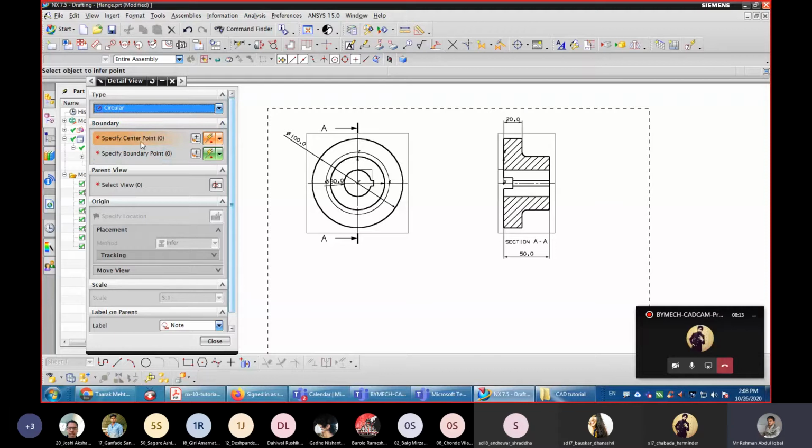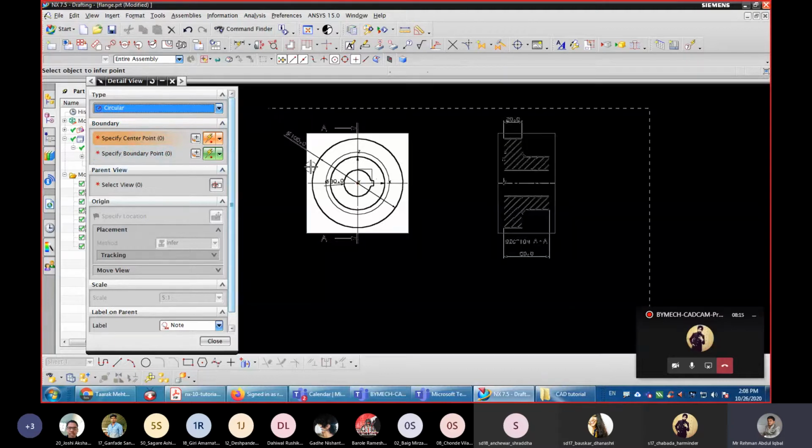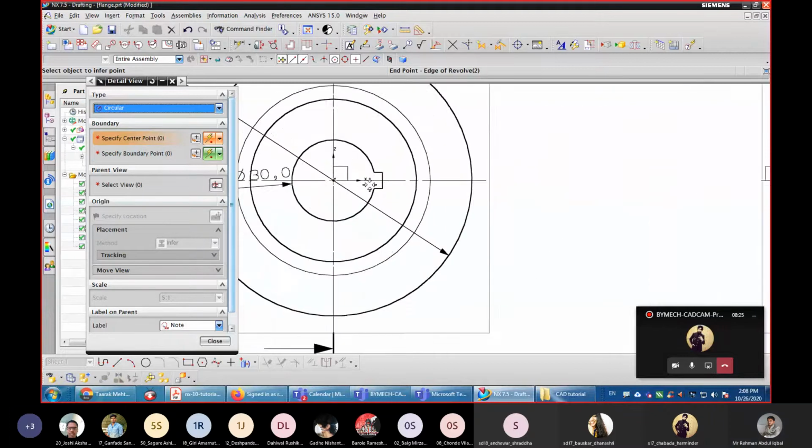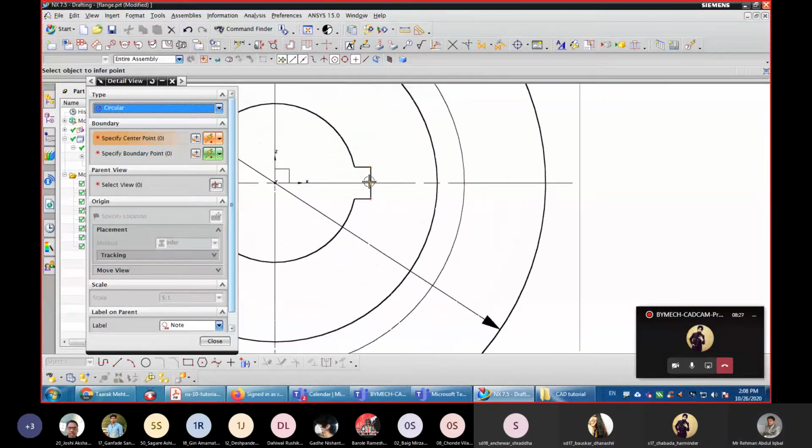So circular, and then we need to define the center point and the boundary point of that circle. Now, how much portion you want to zoom, you can say. So I will click this center line, center of this line, and just drag your mouse to decide the diameter or the radius of this circle.